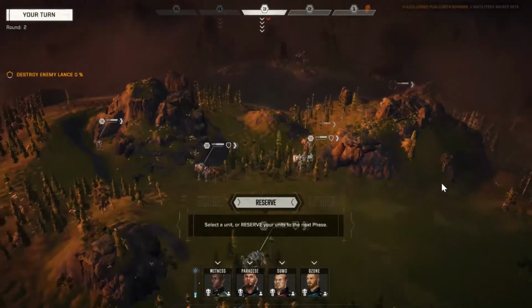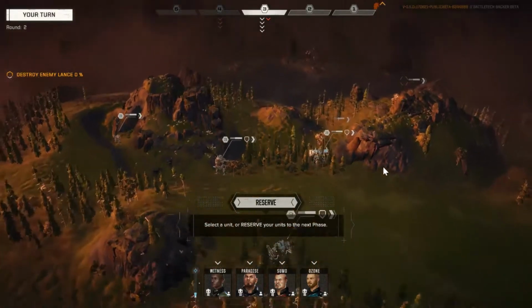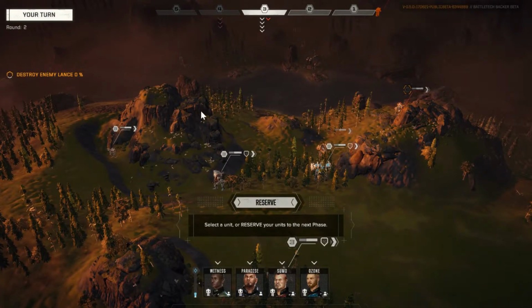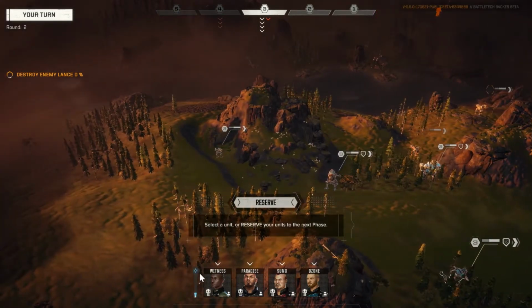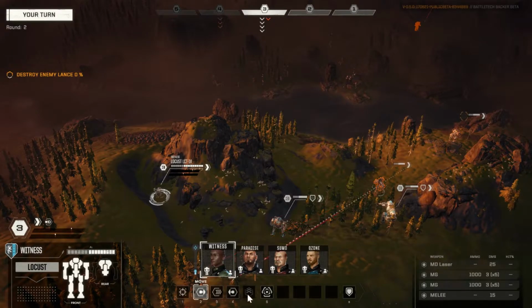But what we can try and do is counter that by punishing the mech if it does indeed do that. We're going to expect that jump to be in right about this area, and I'm going to assume this mech is going to do it. The only way I can really prevent that is by making my Centurion retreat, but then if the Centurion retreats, it's not really doing its job as a frontline mech. With that being said, we're going to go ahead and move with our Scout mech first,